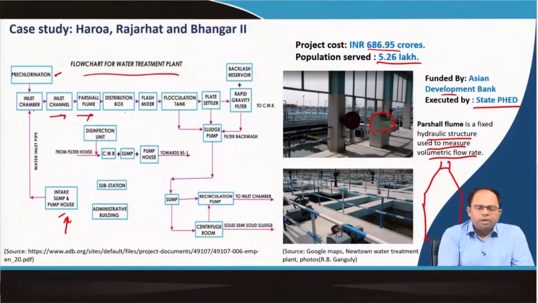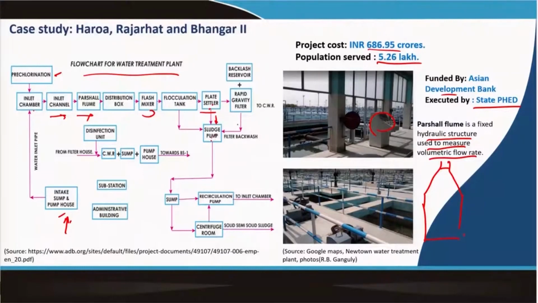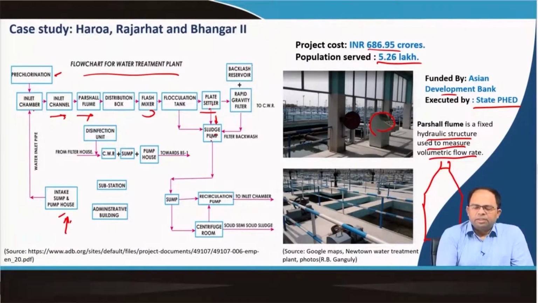And then we have a distribution box, then we have a flash mixer. You know what the flash mixer is for? It's for mixing the chemicals. And then we have a flocculation tank, then we have a plate settler, and from there we have the settlement tank, that is a sedimentation tank. So, we have a sludge collection unit where there is a sludge pump. Then there is a rapid gravity filter which has a backwash